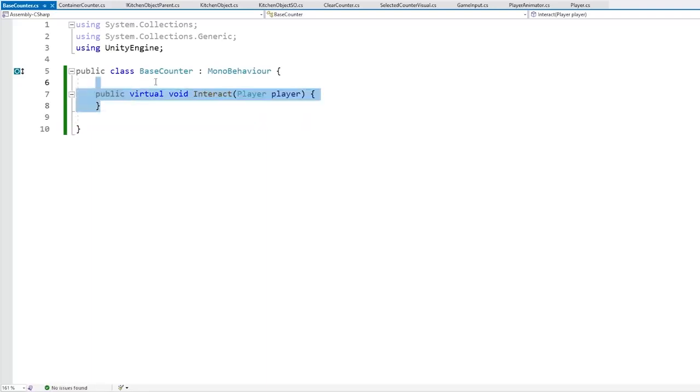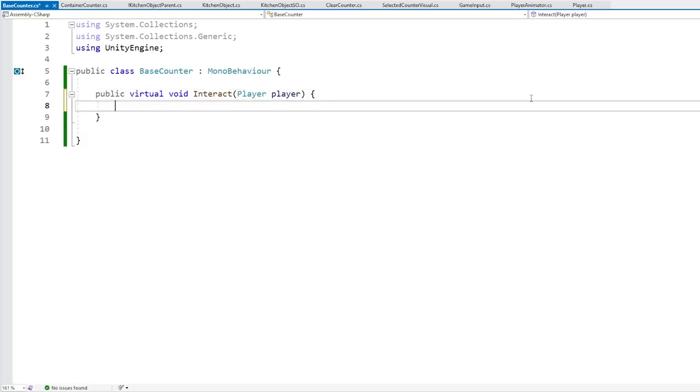Okay, so that's it. That's our basic signature. For the implementation, let's leave it empty over here on the base counter. So by default, it's not going to do anything. In the game design that we're building, we're never actually going to end up with anything like this. So if we want, for safety, we can just add a Debug.LogError to say just BaseCounter.Interact, because this